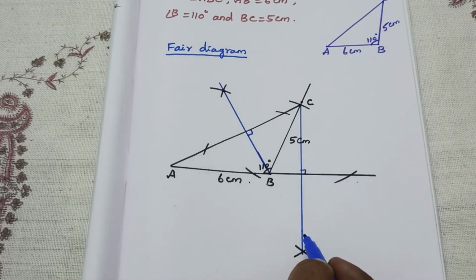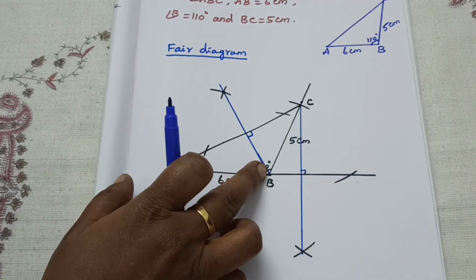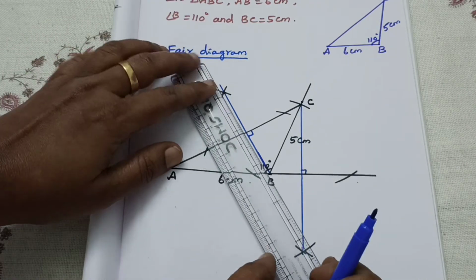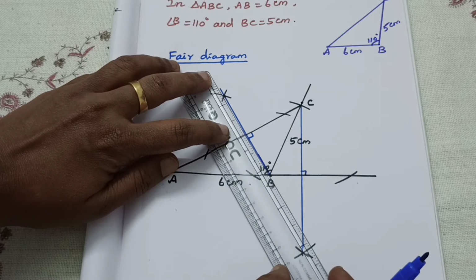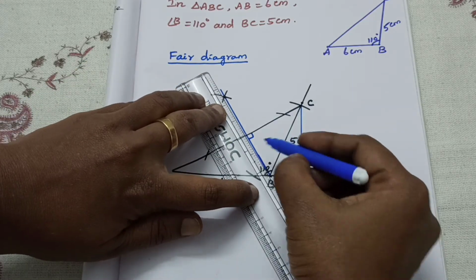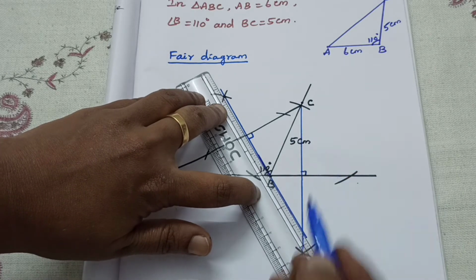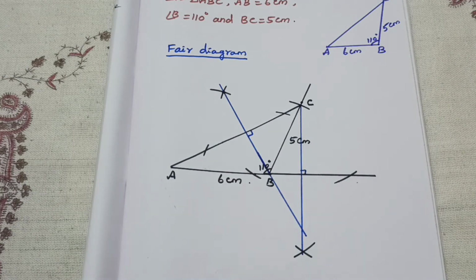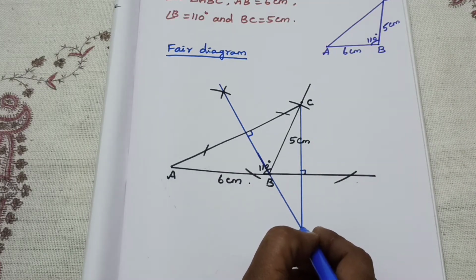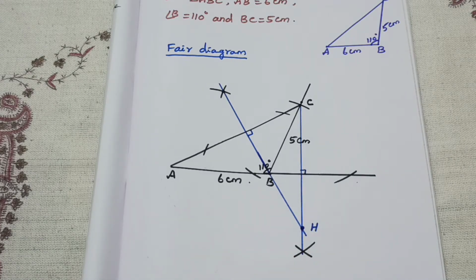Here this is one altitude. Like that, we already got this other altitude, isn't it? Then shall we extend this line? This altitude, shall we extend? We have to extend this line also. This is another altitude. These two altitudes intersecting place is called what? Orthocenter. This is called the orthocenter. Already we learned one center, isn't it?